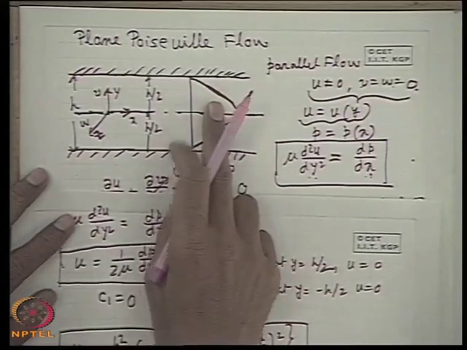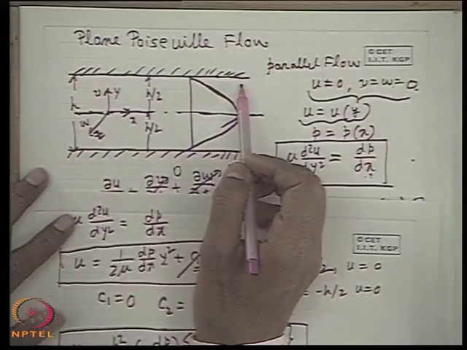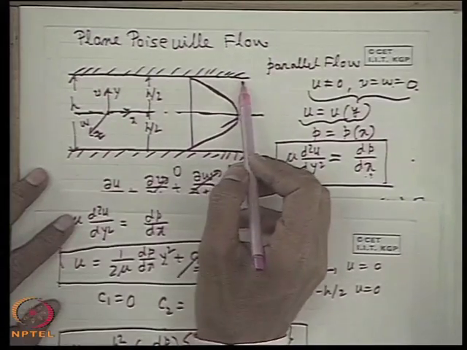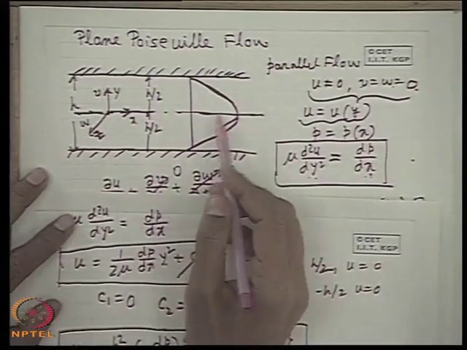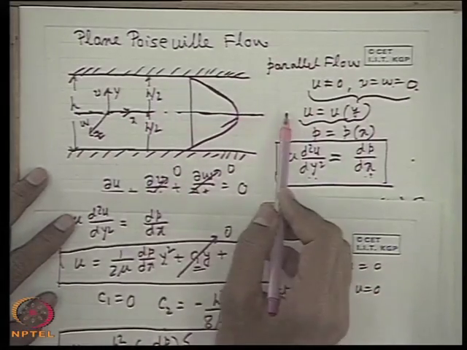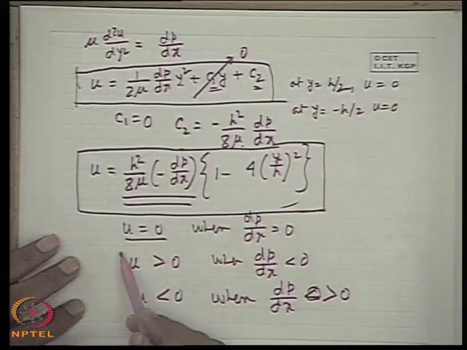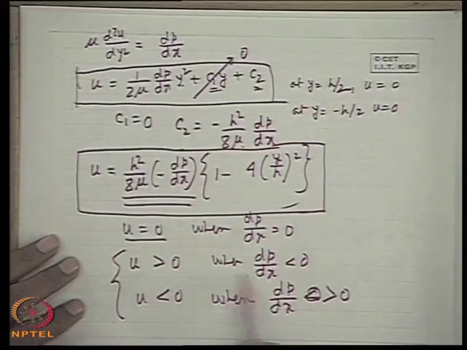But in the earlier case, in the Couette flow, one plate was moving. So, the external energy was supplied to drag one of the plates to cause the flow. So, therefore, in that case, even at 0 pressure gradient or an adverse pressure gradient, the forward direction flow was possible. But here, when the pressure gradient is 0, there will be no flow, and these two conditions imply that the flow takes place only because of pressure gradient and takes the direction of pressure gradient.